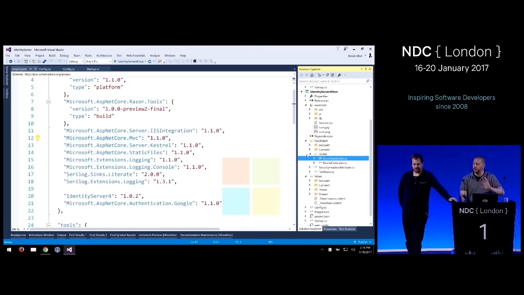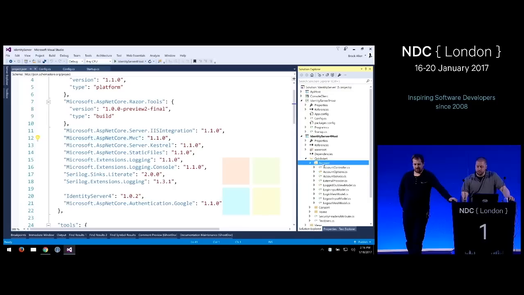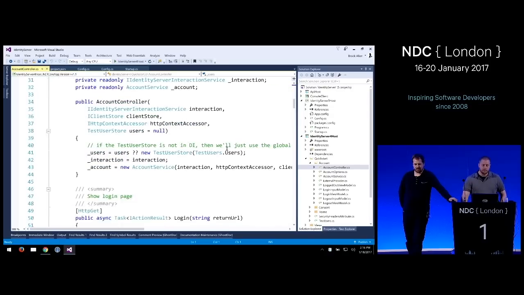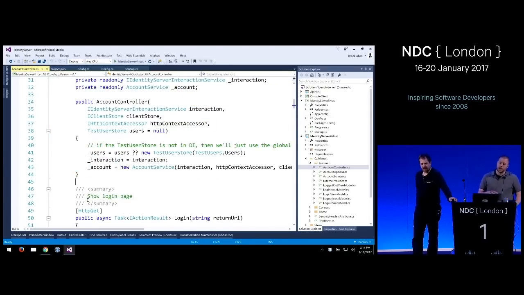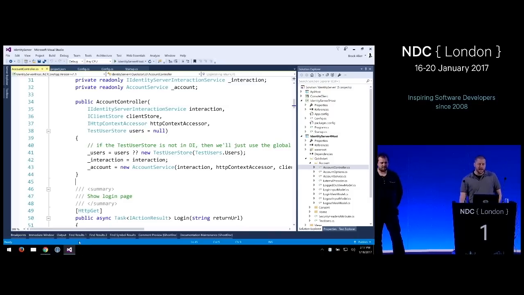So that's pretty minimal UI, and it's the sort of thing you would build in whatever login system you need to. We have the associated views here. There's not much there. We have some styling, so there are some wwwroot files with CSS. Within the account controller, because this is the place you'll probably write most of your code, first of all, the constructor is where we are injecting the things that the login code needs.